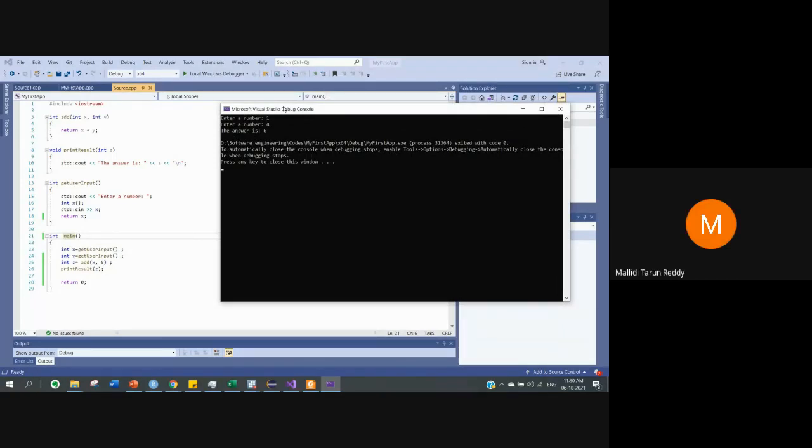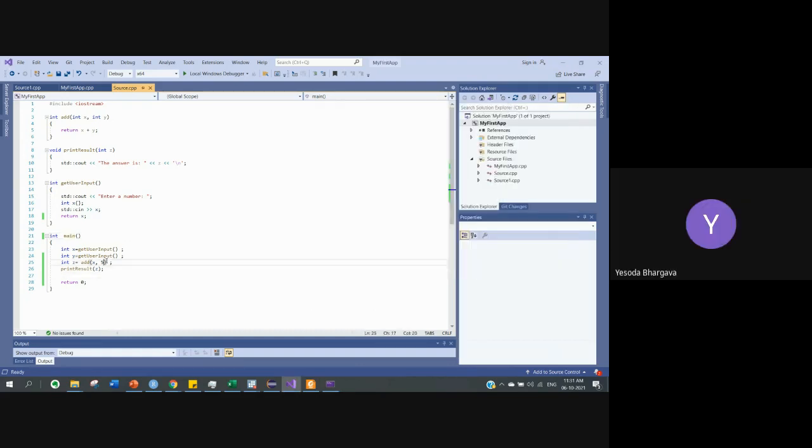We are taking the input of x and y, but printing the addition of x and z. I mean x and 5. Yes. So line number 25 is the error. Okay. So here we now have to put it y.